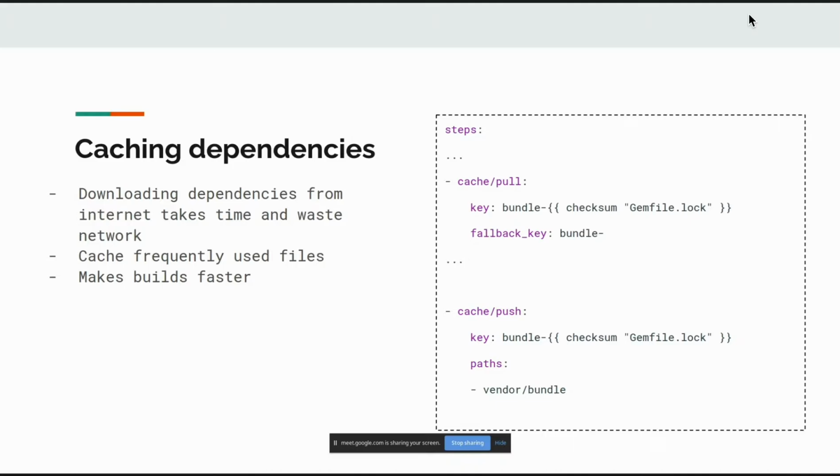Those frameworks generally have external dependencies in terms of libraries or modules. Those libraries and modules have to be pulled from the internet, and it sometimes takes time. If your application is big enough, it might take 3-4 minutes to download all of the libraries